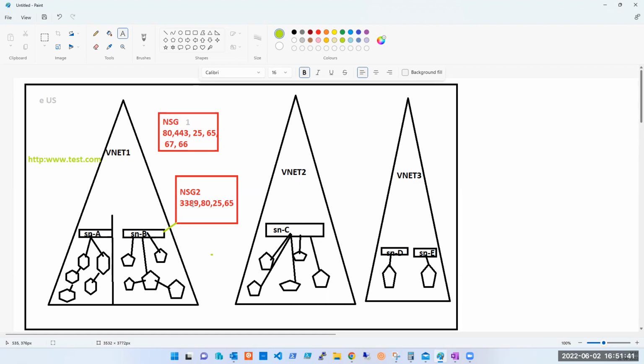Because NSG2 is applied. Yeah, you can. Okay. Anyone thinks that we cannot? Yes, guys, anyone thinks we cannot? And can I use this website? Same subnet, everything is same. Can I use this website? No. Why not? Because 443 is not cleared under